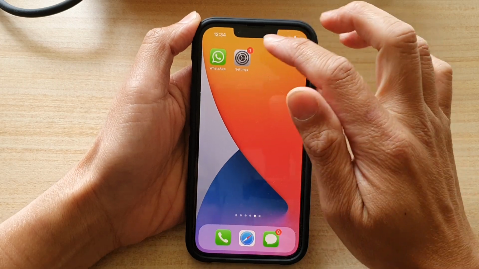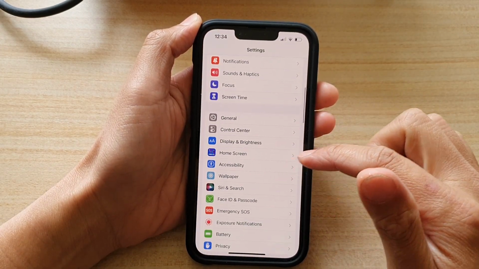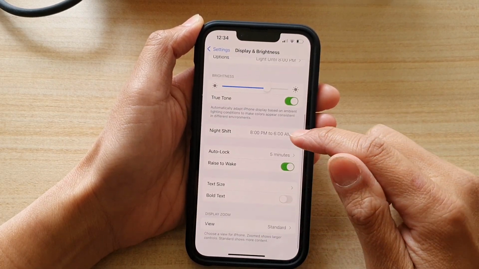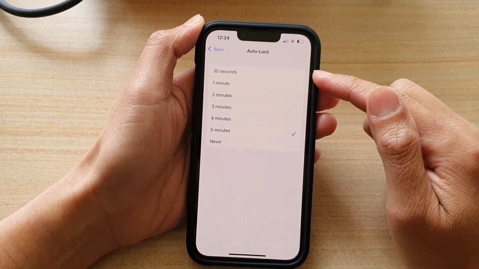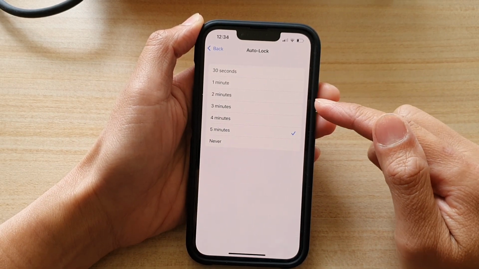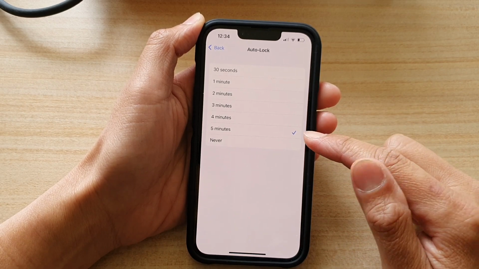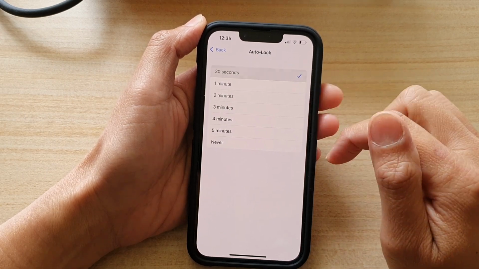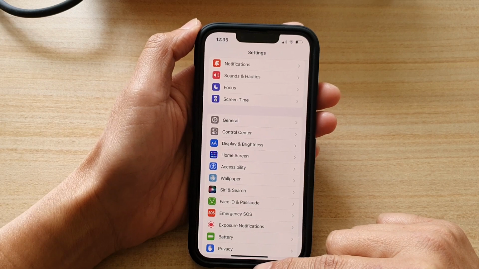On your home screen, tap on Settings, and in Settings, go down and tap on Display and Brightness. Next, go down and tap on Auto Lock. In the list here, you can choose 30 seconds, 1 minute, 2 minutes, 3 minutes, 4 minutes, 5 minutes, or never. So select one of the options and then tap on the back key or swipe up to go back